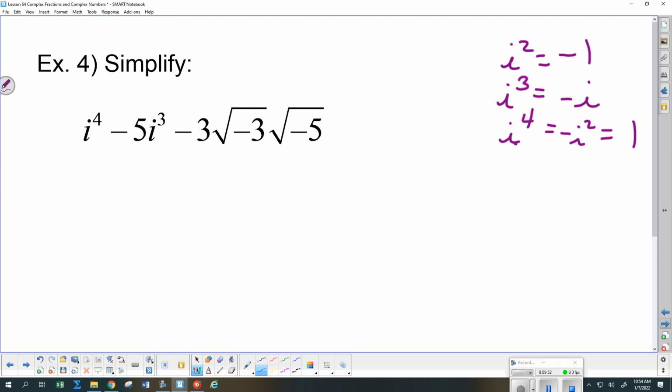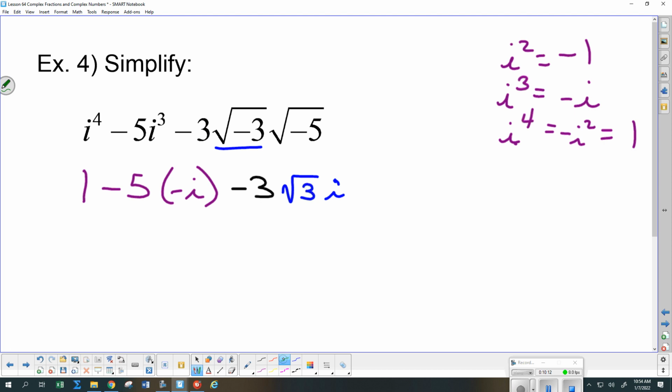So that means we can change our i to the 4th to a 1. The i cubed we can change to a minus i. We are going to keep this first minus 3. We are going to change the square root of negative 3 to the square root of 3 times i. We are going to write down that we are changing the square root of negative 5 to the square root of a positive 5 times i. So far, so good. Then that means that we have 1 minus minus is a plus, so plus 5i minus